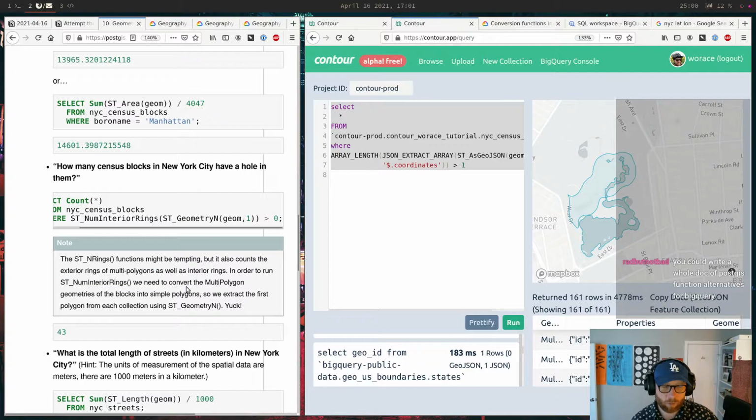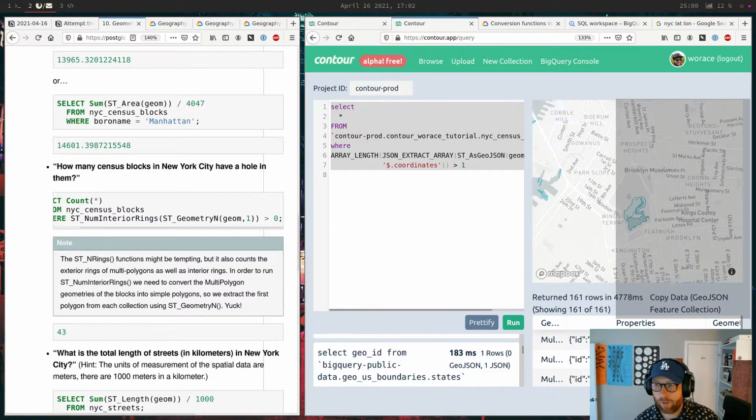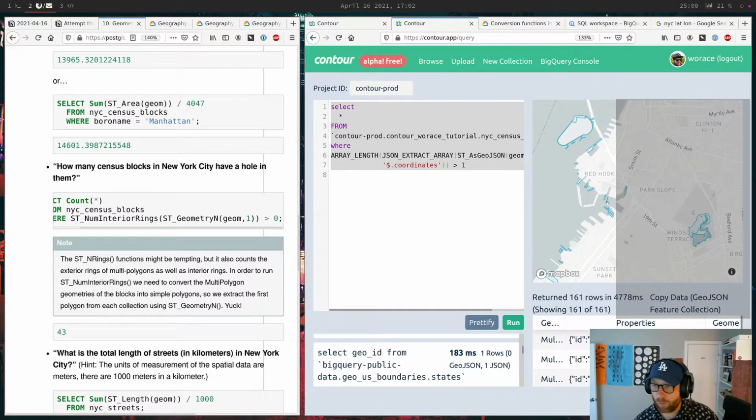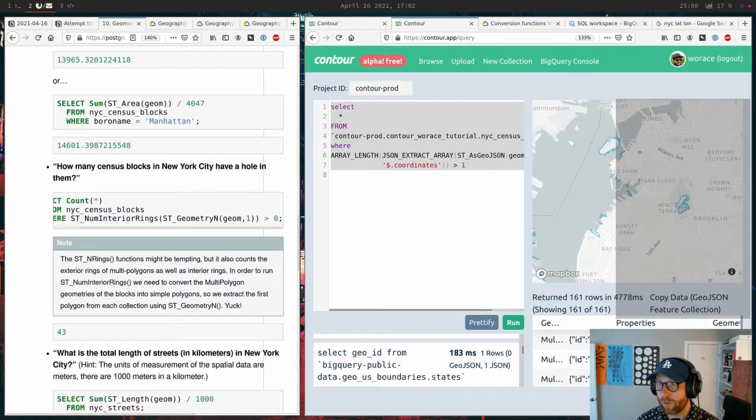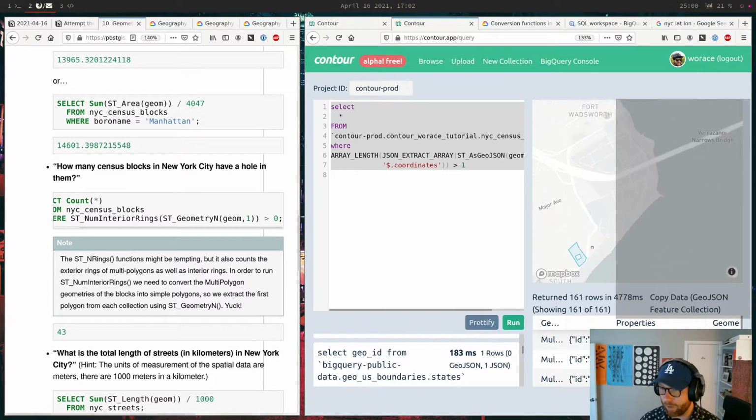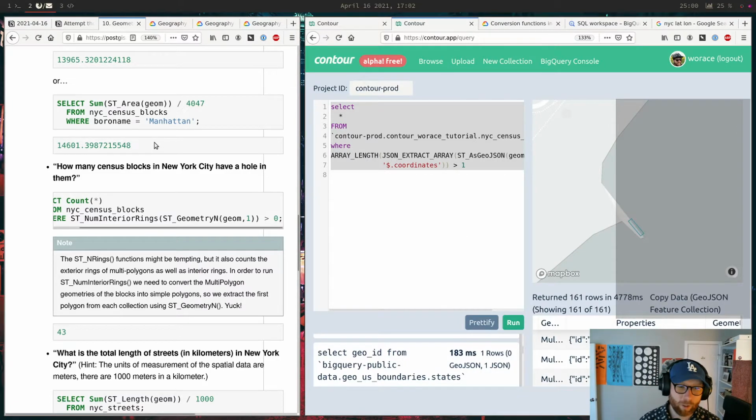So I have a little more work to do there to get it right, because there's probably ones that are multi-polygons and I'm treating those as if they have a hole because they look like an extra dimensional array. That's probably why all these wharfs and piers show up, because those are probably multi-polygons. Like this guy, what the heck is that? Yeah. All right, anyway, that's cool.